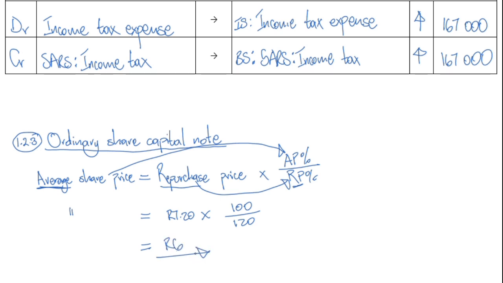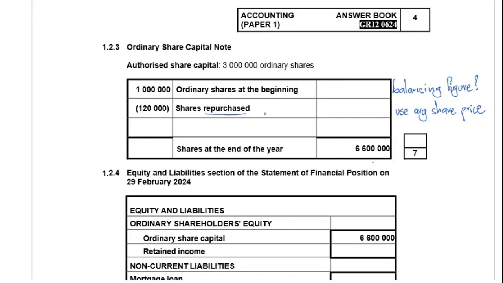Now that we have the average price, we can calculate the book value of the shares that were repurchased. And that calculation is 120,000 shares times 6 rand per share, because we've already calculated that the average price is 6 rand per share, equals 720,000 rands. And then we put that value in brackets to show that our share capital is decreasing because we are buying